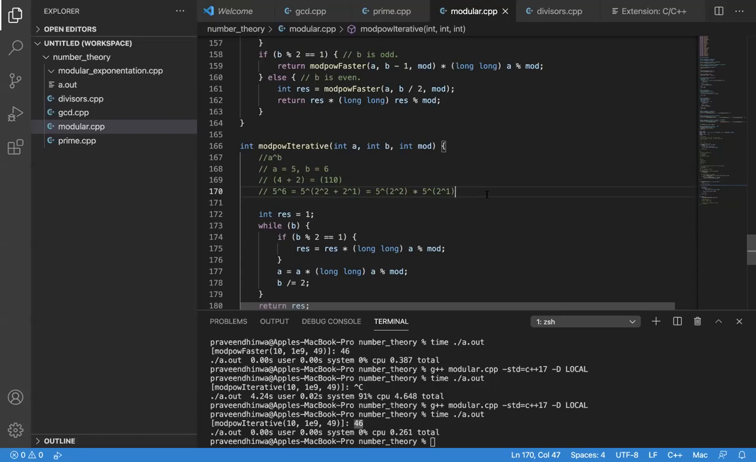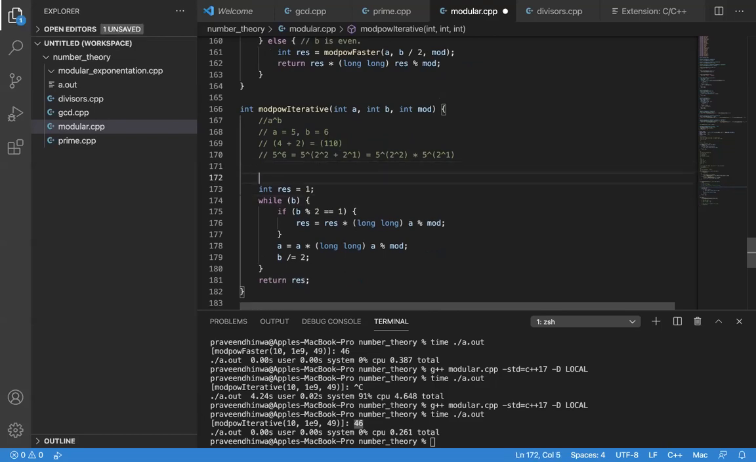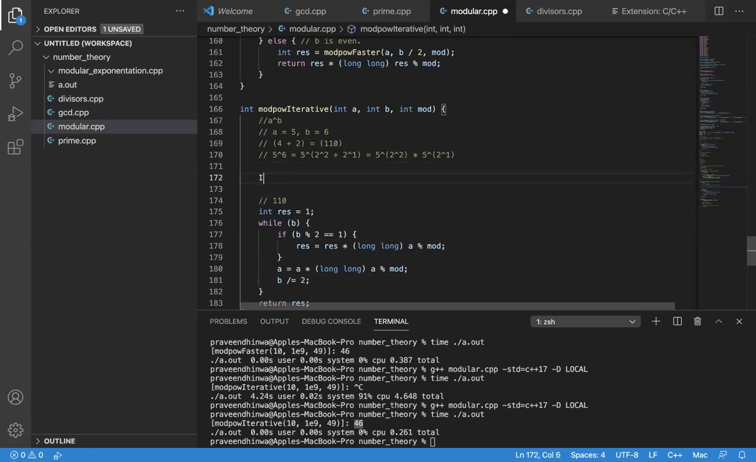So what do you do? Essentially, what this program is doing is it takes the initial value of range equal to 1, and your B will be 110. Initially B is even, this first bit is even, so it is just multiplying A by A. So in the first step,